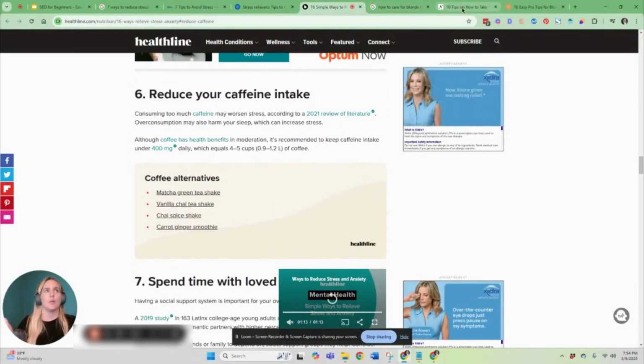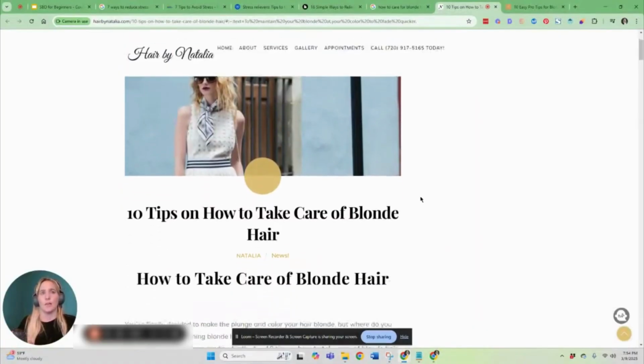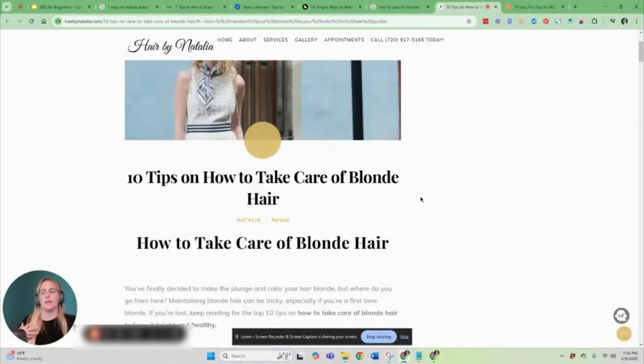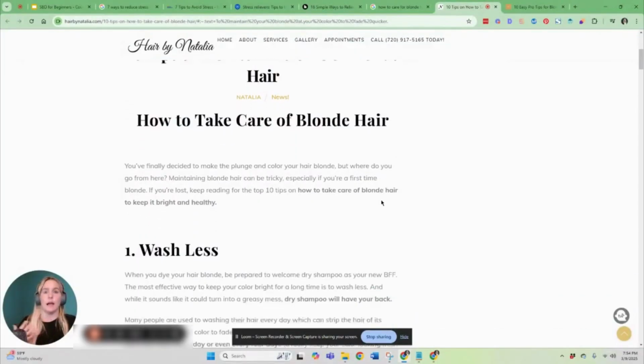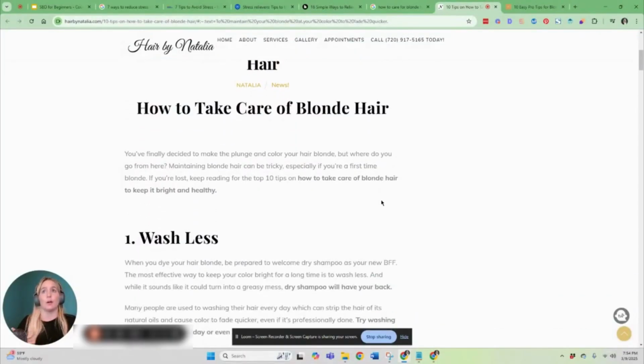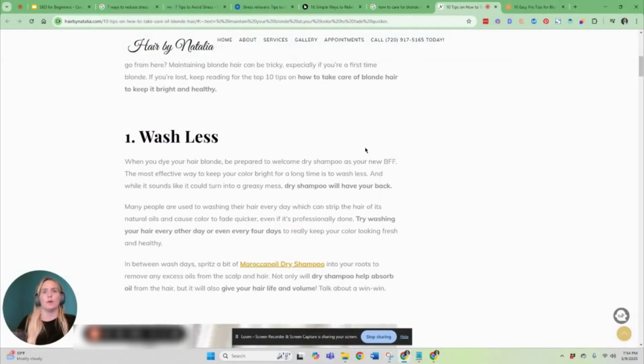And then I'll just go back here to the blonde hair care tips, just to give you that other example, because these aren't huge brands here. This is obviously a very well done website, but you can tell that it still has a local feel to it. And so some big SEO professional is likely not behind it. This is just a very well done website for the topic that we are researching. And so you can see here,